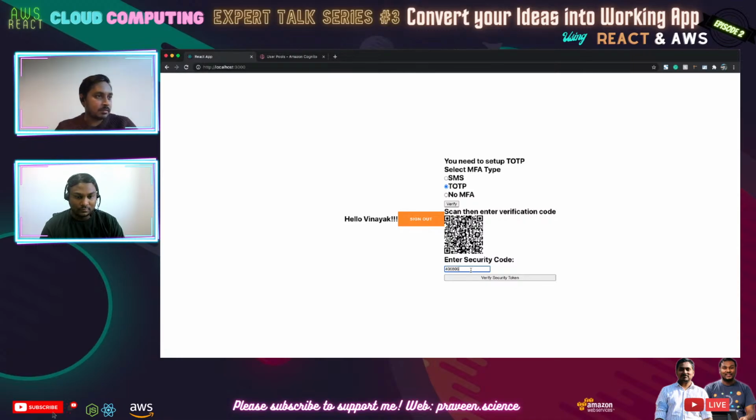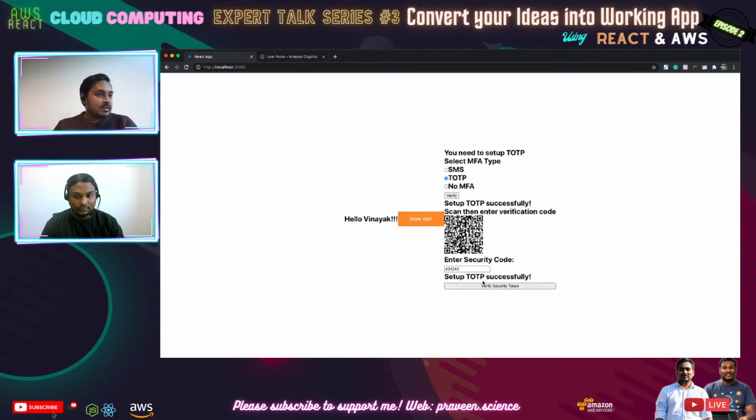So it's just about to create a new one. So I'm just going to enter that one. So it's 43124. This code I'm just grabbing from the Google Authenticator, and it's not from SMS. And if I just press verify token, there you go. So you can see that setup